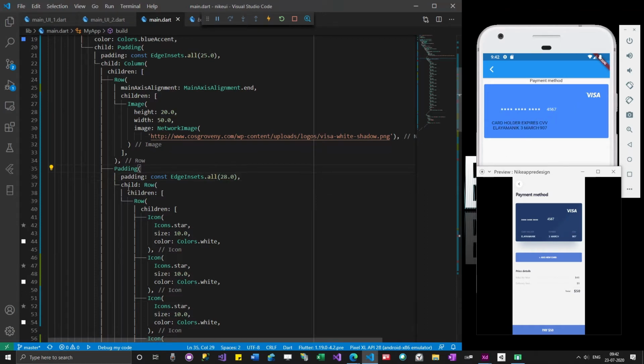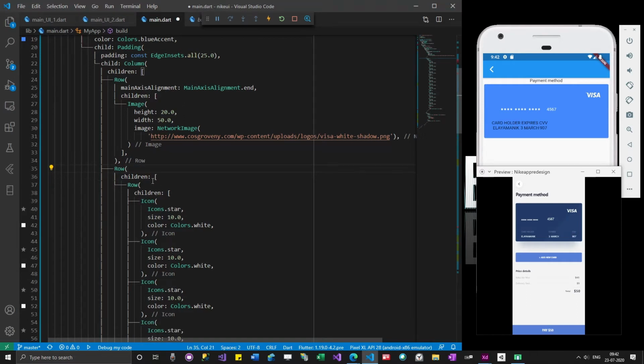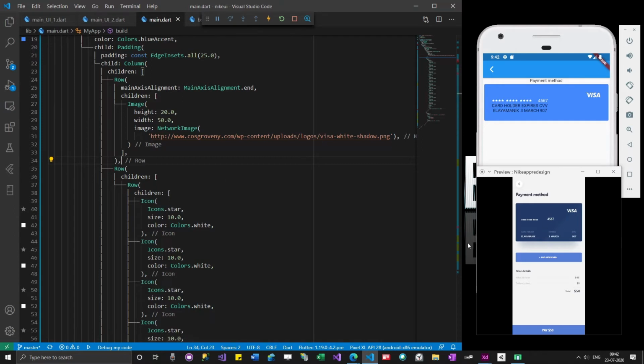So instead of adding padding, I'll add a sized box. You can add padding by giving some vertical or horizontal padding also. Since the space above this card number and below it is different, it makes more sense to add a sized box.